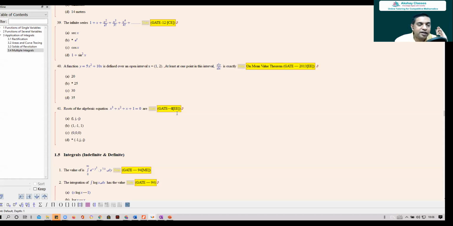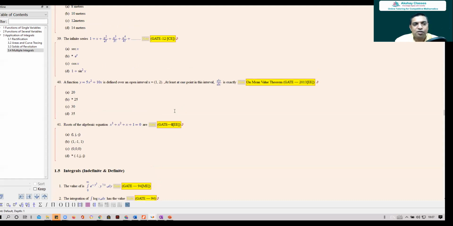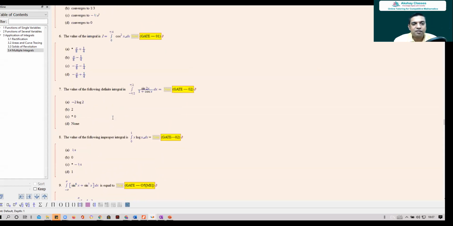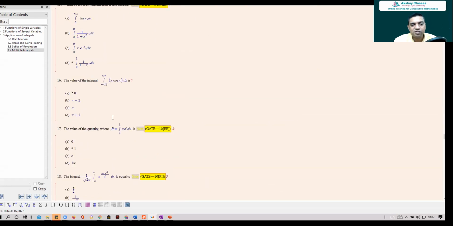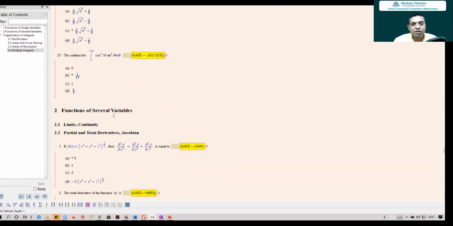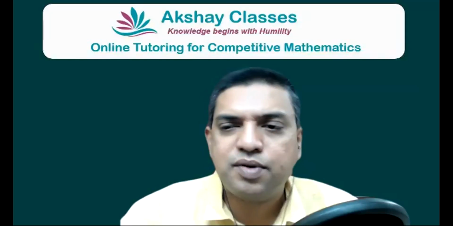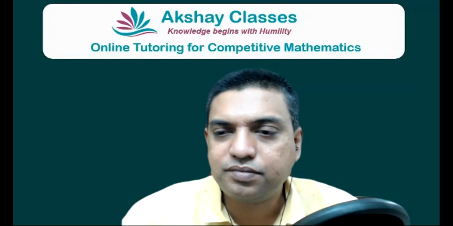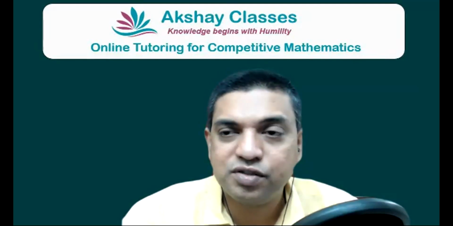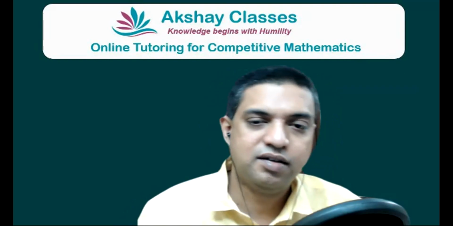So limits is a very commonly occurring question, and application of derivatives is commonly up there. Sometimes derivatives are also given. So this is very, very important. And of course, in integrals, you have definite integrals, so many questions on different integrals. But the maximum is on application of derivatives. So it is very important that you take calculus seriously. That's the idea I wanted to share. So that's why I'll spend more time on those questions that get more weightage in GATE compared to the others.